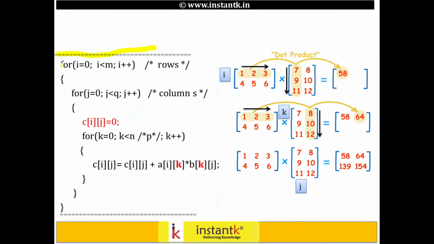Matrix multiplication is a simple 3 for loop code, in which the first is for i is equal to 0 to i is less than m, i plus plus 1. It's for the rows of A. So first we take the rows of A and the column of A. So either you can take n or q. Sorry, the second one is a j for loop, which is going to take the column of here.